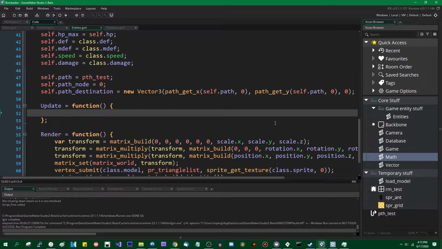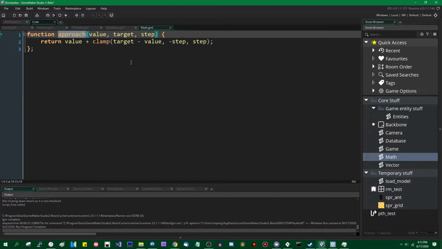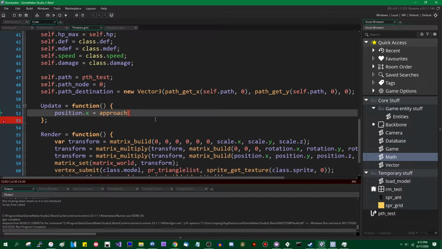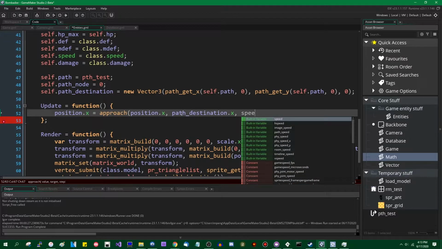And you know what I can do? No, that'll be extra work, which I don't really want to do. Position.x equals approach. Did I spell it right? I should have spelled it right. All right, well, it just wasn't highlighting for whatever reason. The value is position.x. The target is path destination.x, and the step is going to be speed